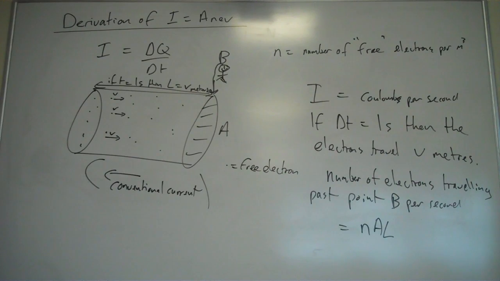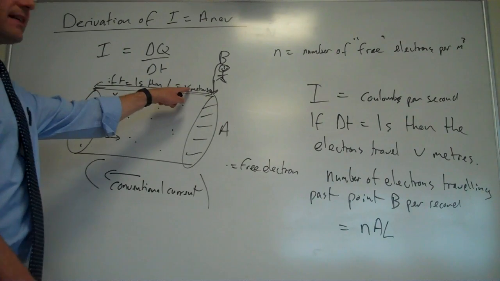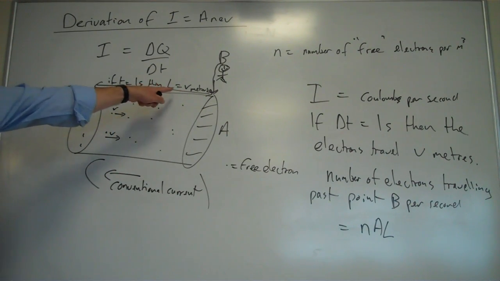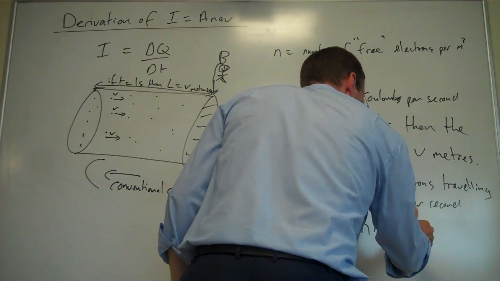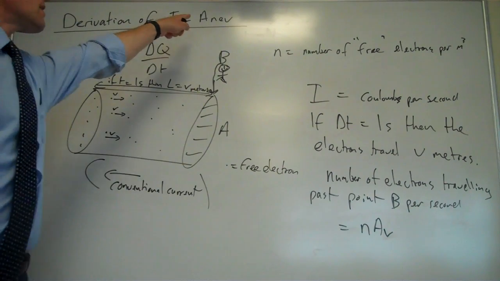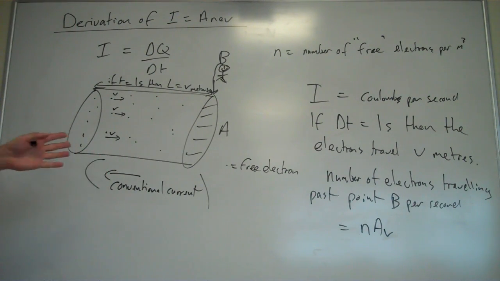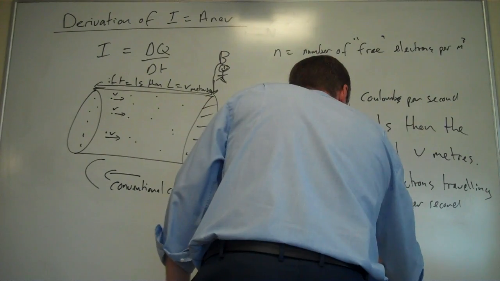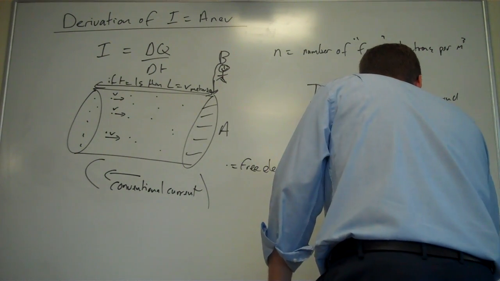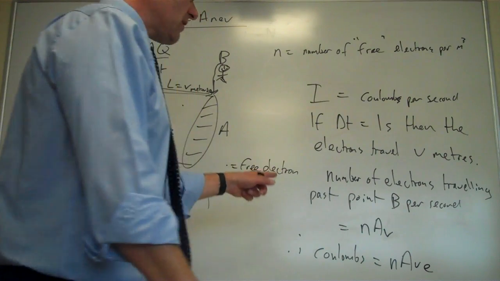So what's the charge? Oh, but we know L is v. Yeah, we know L is v, don't we? So actually, it would make sense just to put nAv, because we want to obviously get our formula in terms of nAve. So that's the number of electrons travelling past point B per second, nAv. So how do we turn that into coulombs? Times it by e. Okay? Therefore, coulombs equals nAve, and that's the amount of coulombs